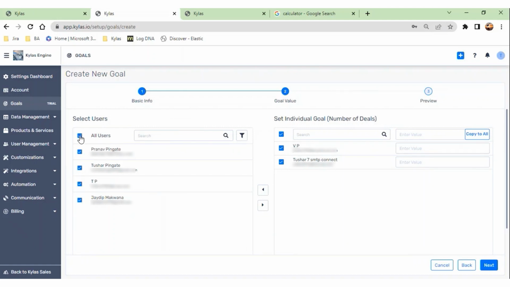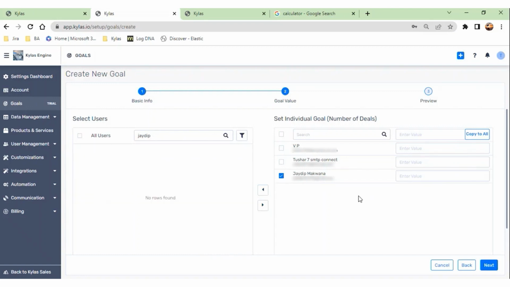Or if the number of users is very large, then you can just type a name and it will show only those results over here. You can just put those users to set a goal value. So here in the right hand section, you can see set individual goal. I had selected number of deals as my metric to measure, right? So here I can give an individual goal value to set a goal for that